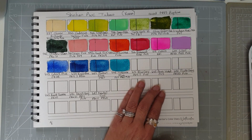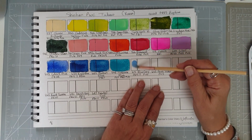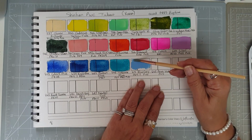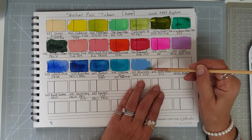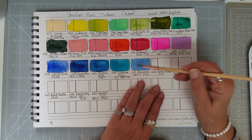Next we've got blue grey. It doesn't look very grey. It's number 614, and it's got PB15:3 and PW6. It's a gorgeous colour, but it's not what I would call grey. But anyway,